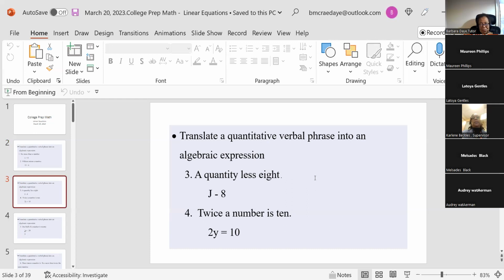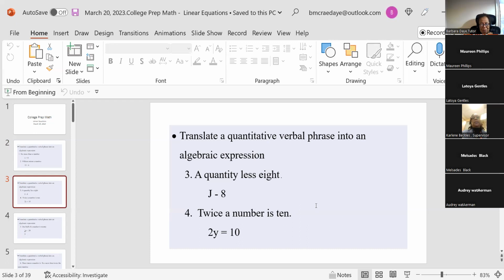Got it? Yes, miss. Twice a number is 10. That means you're multiplying 2 times some number. We called it Y, and that's equal to 10. Got it? Anytime I see this twice a number, always put the number with the